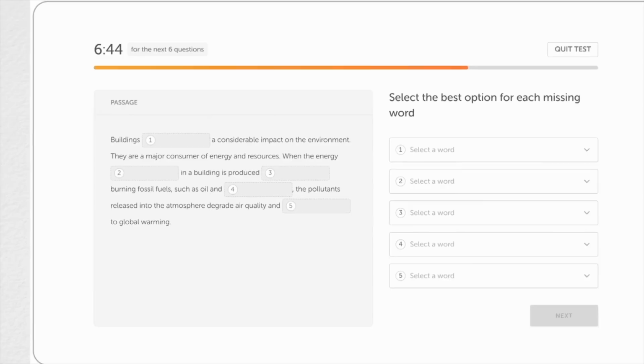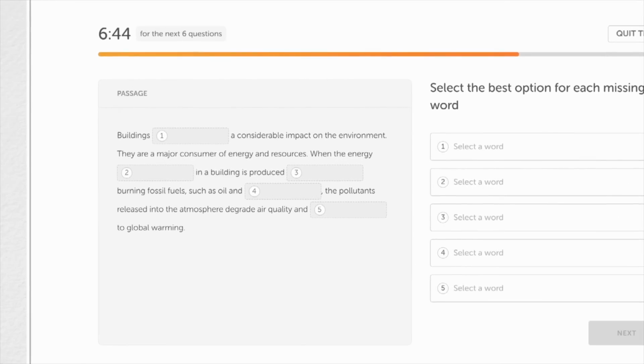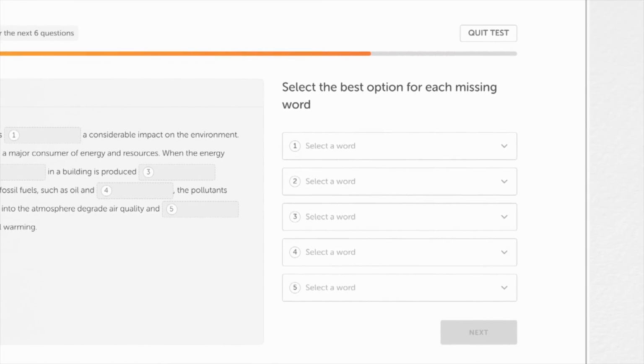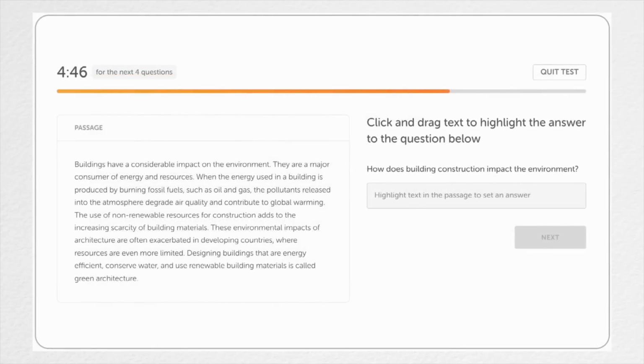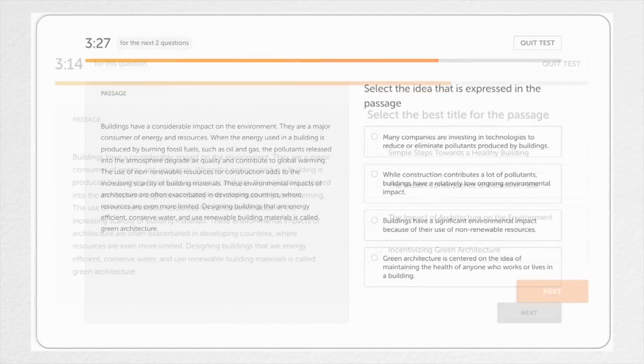helpful for you. And just in case you're new to this test, this interactive reading question goes like this. You have one passage to read like this, and you have 6 different questions to answer. The first question is complete the sentences, then complete the passage, highlight the answer, identify the idea, and title the